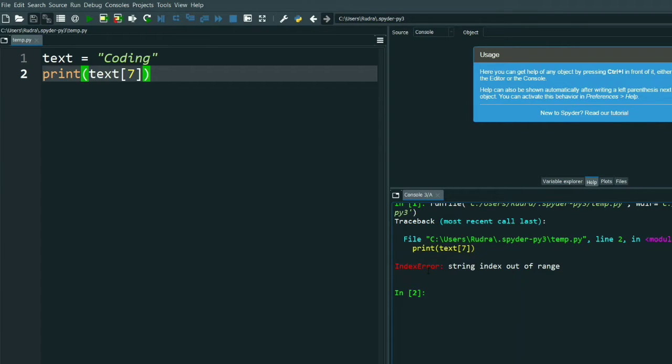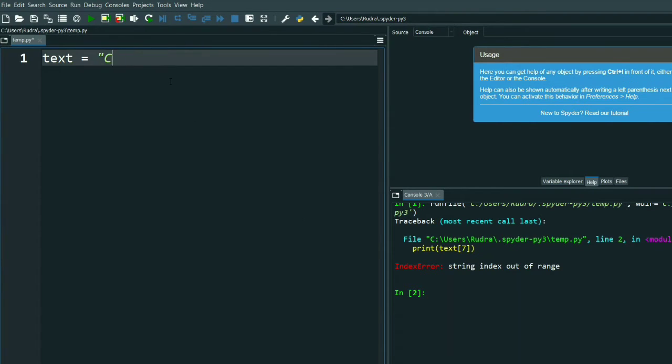Is that clear to you all? See, another error you are seeing. Now suppose I create a list, and let me take this as 20, 0, 30.